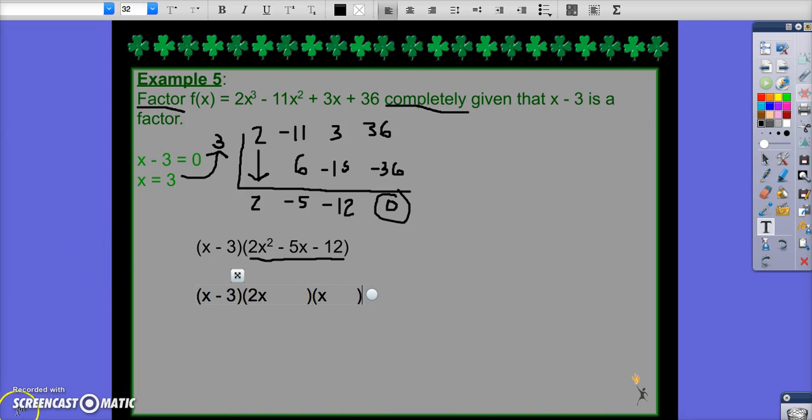So I'm going to pause the video and think about that for a second. So hopefully you had time to think. Signs are different, so it matters if the plus is here, the minus is here. We have factors of 12, which is 1 times 12, 2 times 6, and 3 times 4. What you'll find out that works, I'm going to delete some of the spaces here, it's 2x plus 3